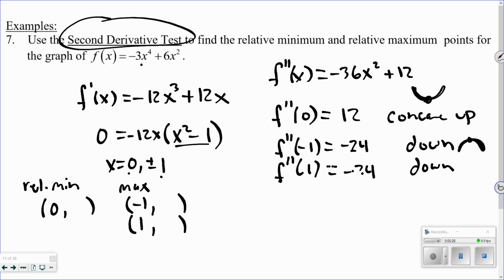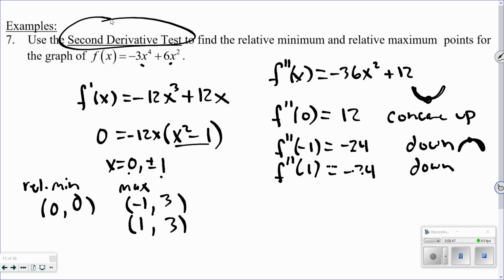If I plug 0 in, I get 0, so a relative min at 0, 0. If I plug -1 in, that'd come out to be -3 plus 6, which is 3. If I plug 1 in, I get the same thing. So there are my relative max and relative mins. It works really nice. Now the problem is sometimes when you try this, first of all, sometimes